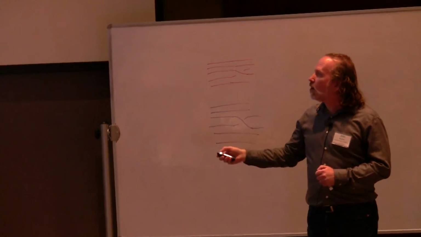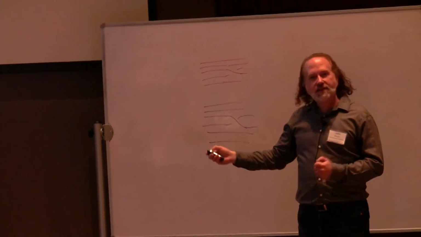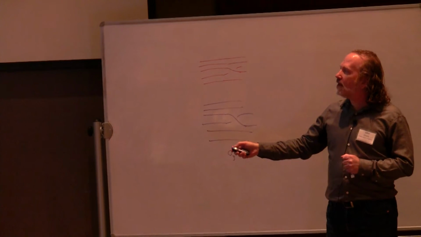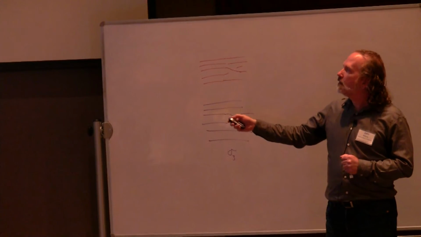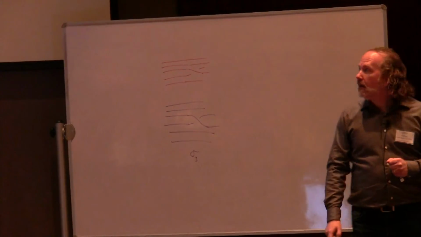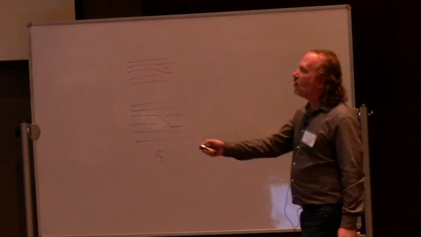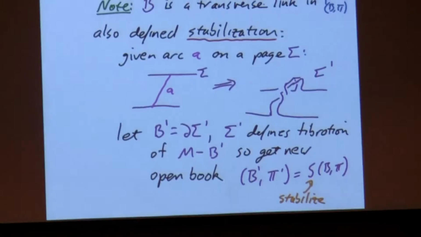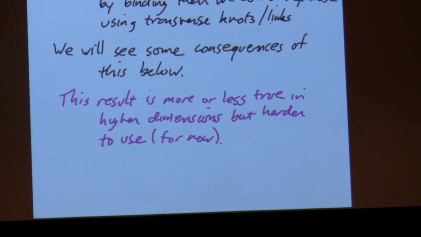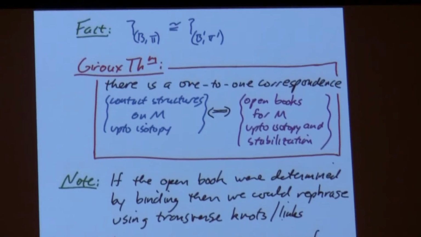So the boundary of Sigma prime is another link, B prime, and it's a very fun and interesting exercise to try to prove that the complement of B prime is fibered with fibers coming from Sigma prime. And this operation of going from B and the fibration here to B prime and the fibration here is called stabilization. Okay? And now the amazing theorem of Giroux from the early part of this century is that contact structures